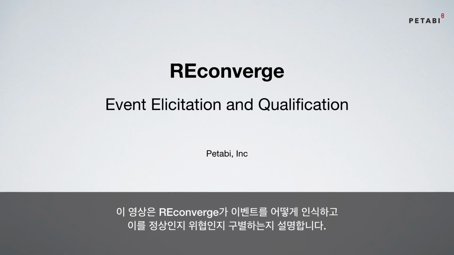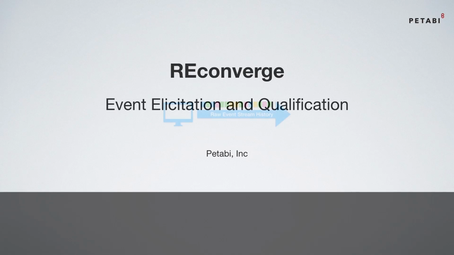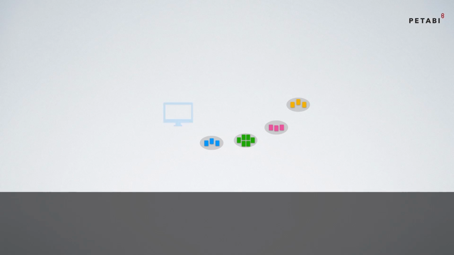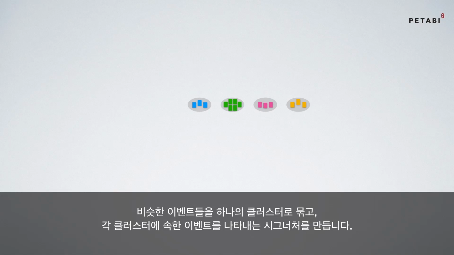This video illustrates how REconverge recognizes events and qualifies those events. First, REconverge will process a history of raw events. These raw events will naturally cluster into groups of like events. Once we have identified these clusters of like events, we can separate the events and derive signatures by which each